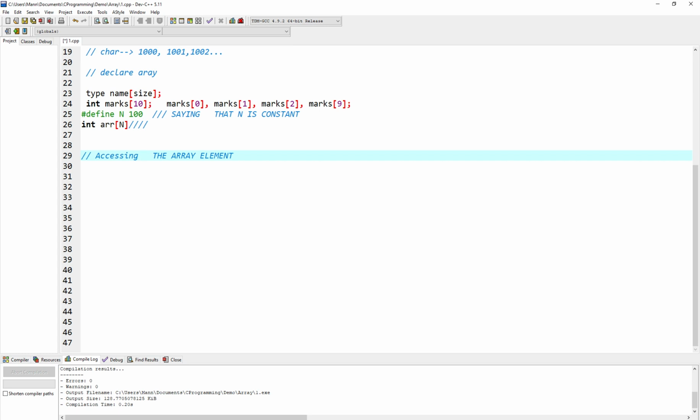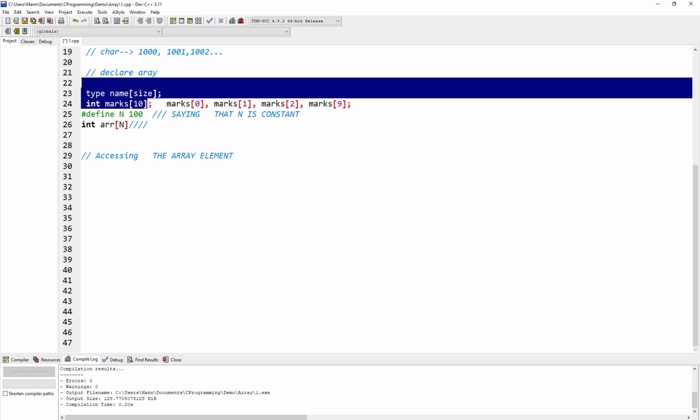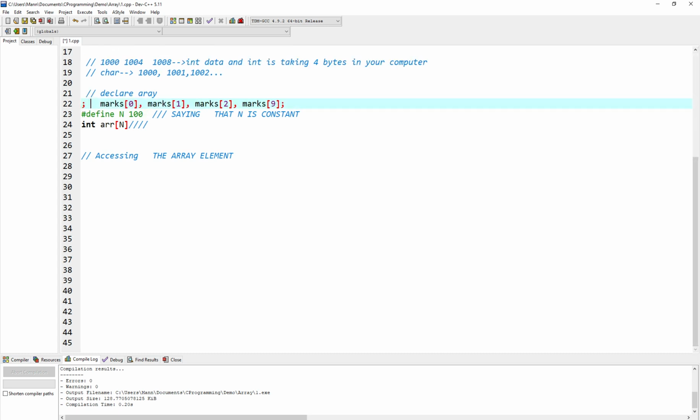For accessing individual elements of an array, the array subscript must be used. For example, to access the fourth element of an array, and we have declared the size 100 here using the #define. Let me delete these things, otherwise it will cause confusion here.